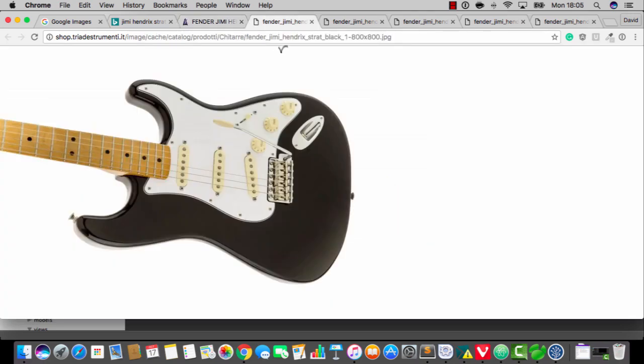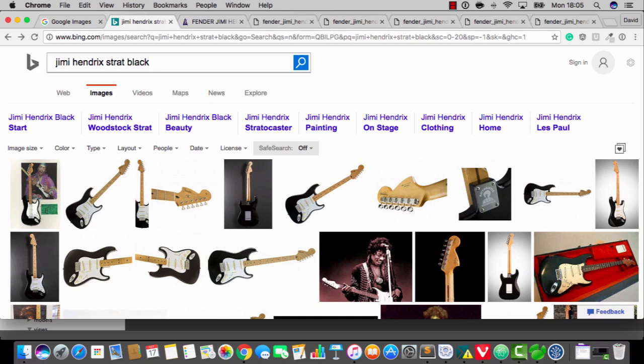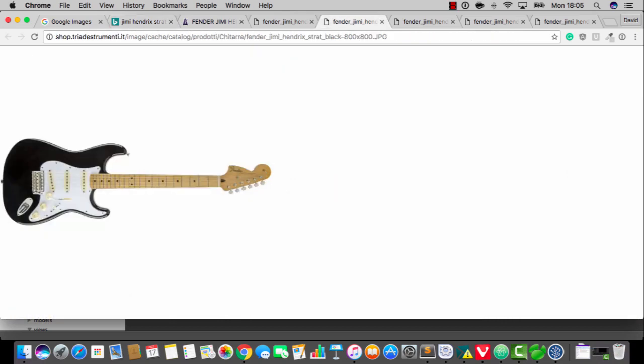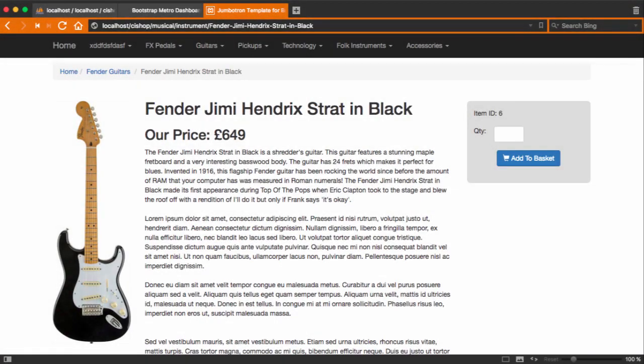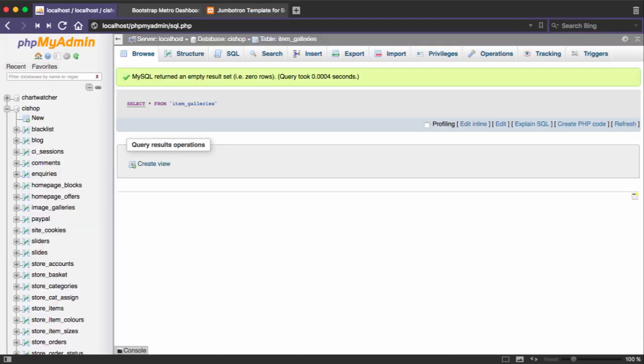But I'm going to save this stuff. That's what I'm going to do, and I think you should do likewise. So just go find some guitar pictures, okay? But these are the ones that I'm going to use, okay? So now I've saved those somewhere to the desktop or something, and now that I've done that, I'm going